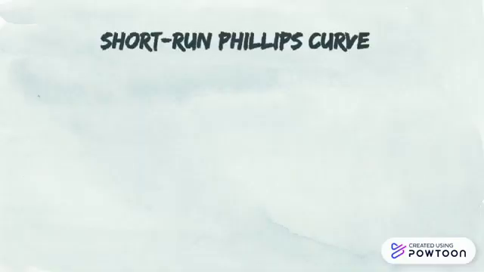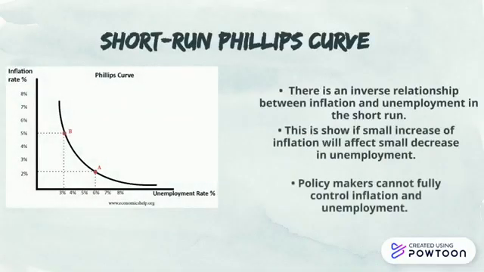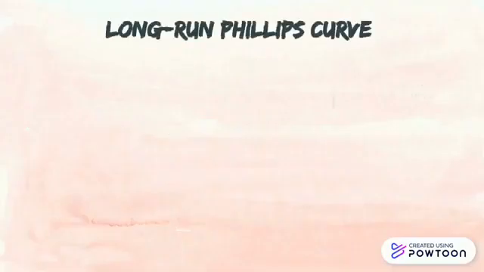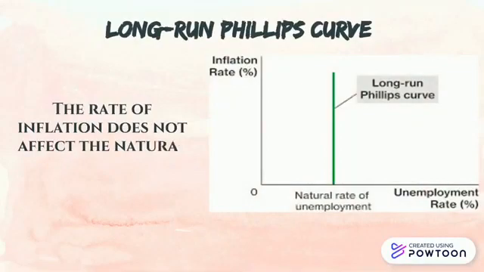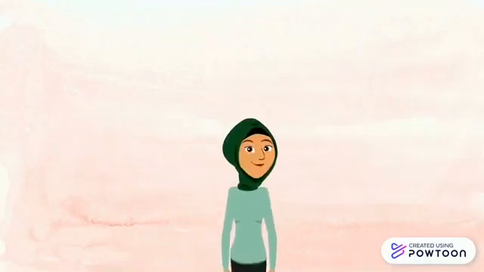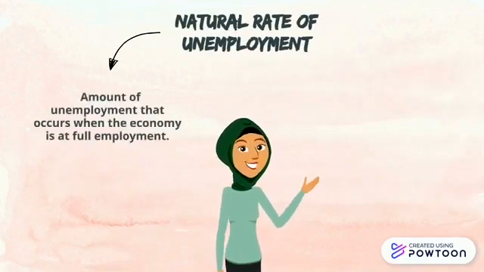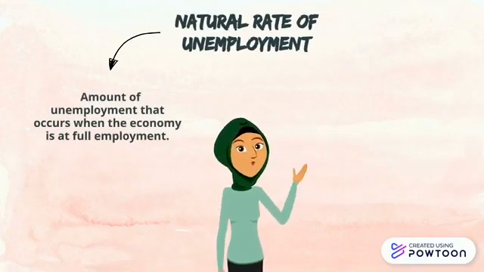The short-run Phillips curve shows there is an inverse relationship between inflation and unemployment in the short run. Policymakers cannot influence either inflation or unemployment without affecting the other. In the long-run Phillips curve, the rate of inflation does not affect the natural rate of unemployment. Natural rate of unemployment is the amount of unemployment that occurs when the economy is at full employment and it is affected by